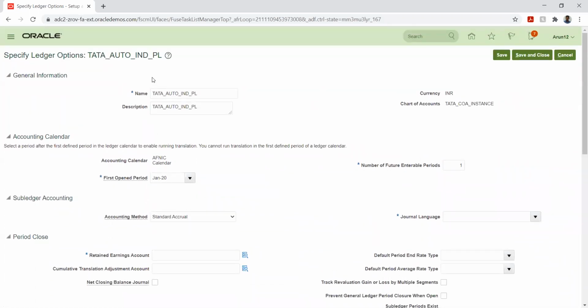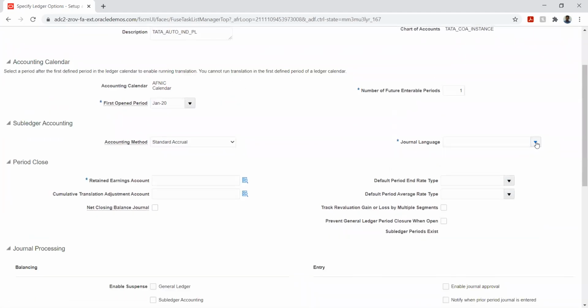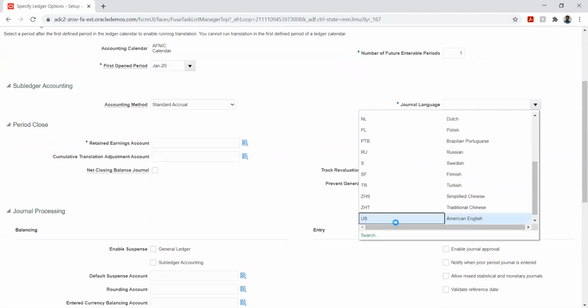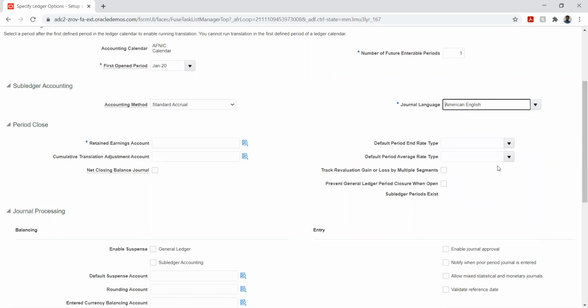Okay, so this is similar to our primary ledger configuration. So we will just give the mandatory inputs, that is the language, retained earnings account, and the rate types and the other options.